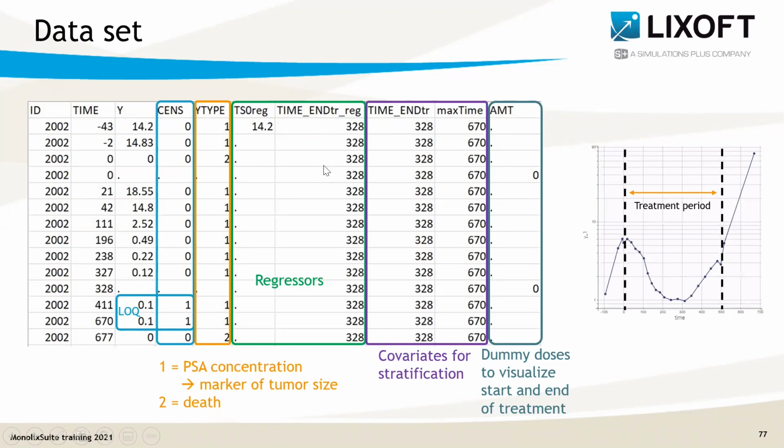So here the treatment is considered as constant, and it starts at time 0 for all individuals. For example, this individual will start here, but the treatment duration is different for each individual. So for this individual, it would stop here. There is no explicit treatment dose in the data, but the treatment duration will be read in the data with this column and used to directly encode the treatment effect in the model. I won't detail the other columns here because I won't have the time.